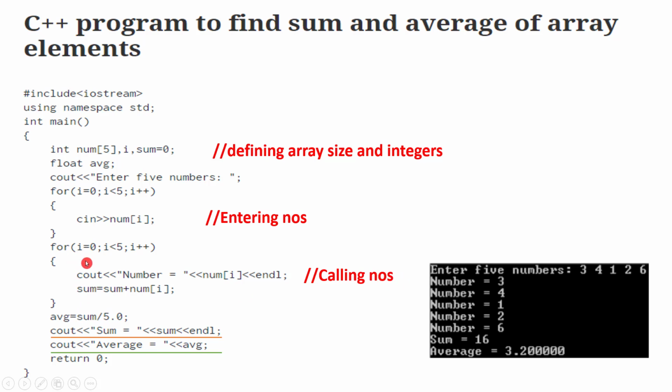Then, after getting the values out, in the second loop itself they are storing every value into the sum. So sum is equal to sum plus number[i]. Sum initially is 0, so sum is equal to 0 plus number[i]. The i value means the value in the 0th position, so it is 3. In the first loop the sum is 3. Second loop, sum will be 3 plus 4. Third loop, 3 plus 4 plus 1. Like that the sum is automatically added.